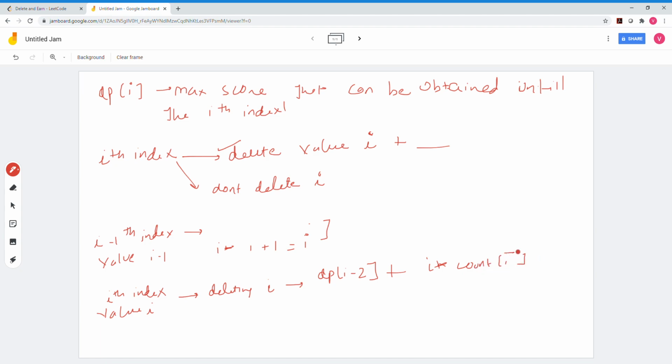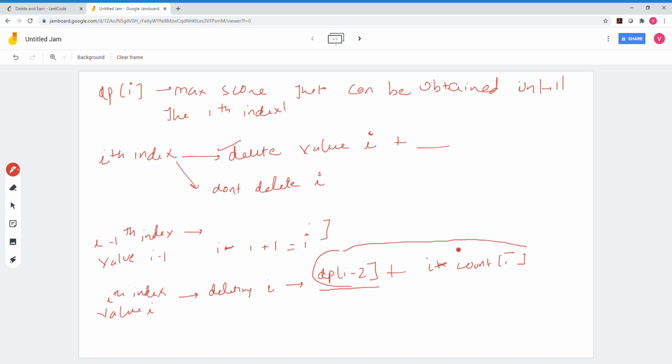So let me explain this step in detail. Why dp[i-2] over here? As I earlier highlighted, i-1 cannot be deleted in order for i to exist. If i has to be deleted, then i has to exist first. So the (i-1)th value cannot be deleted. Therefore I am considering the maximum score until i-2, and then just adding the score of deletion of this element to this, and I say this is one of my possibilities, right?